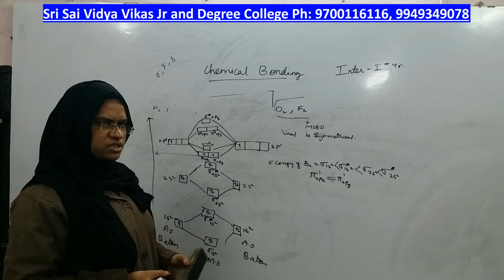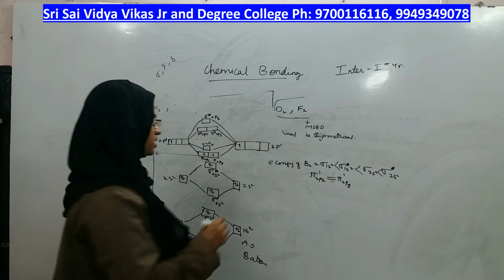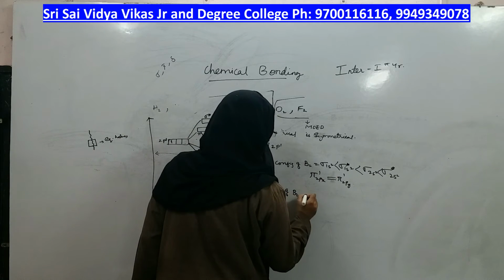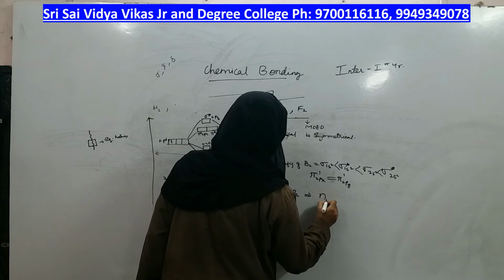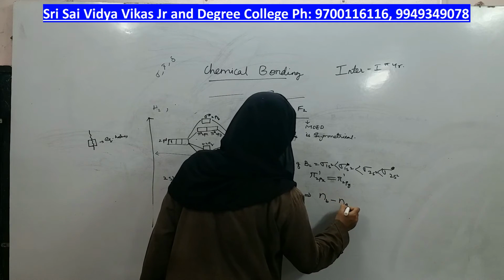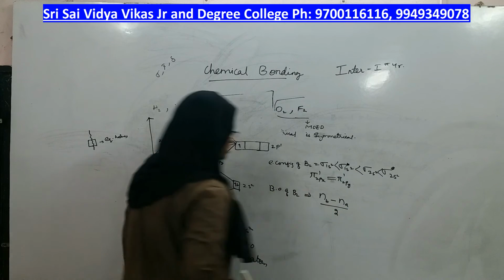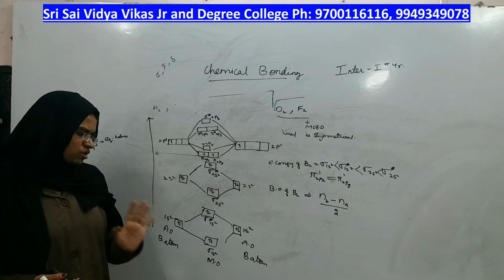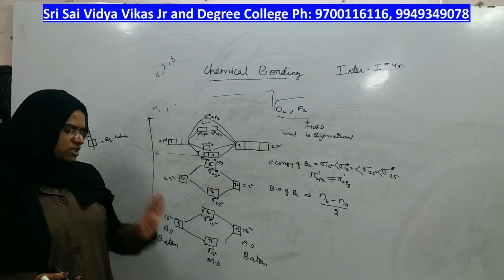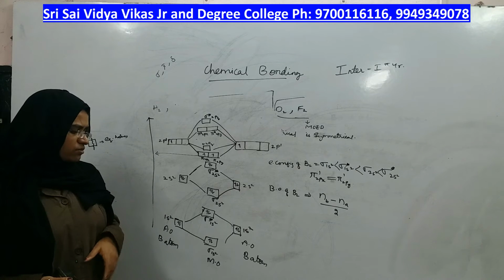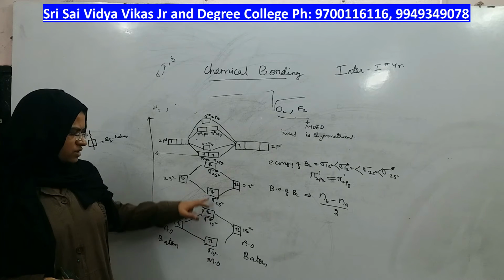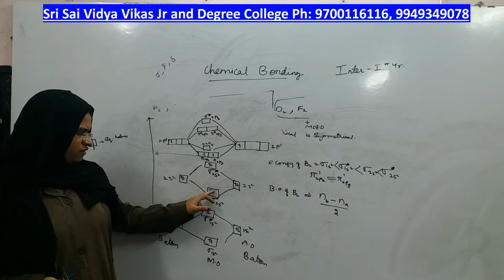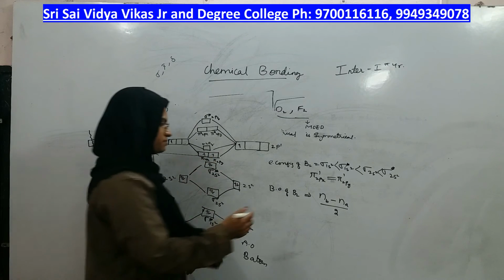Now what we will do is, we will calculate its bond order. Bond order of boron molecule. What was the formula? Total number of bonding electrons minus total number of anti-bonding electrons by 2. Now let us count the electrons present in bonding molecular orbitals only. Out of all of them, just count bonding molecular orbitals. Who are bonding orbitals? First of all, this is a bonding, this is also bonding, and this is also bonding. 1, 2, 3, 4, 5 and 6.